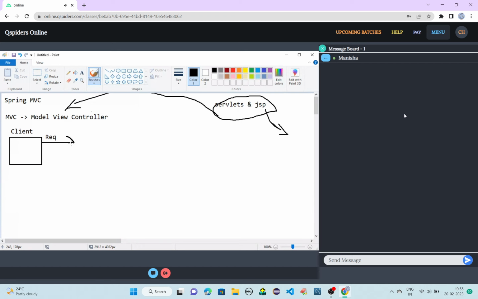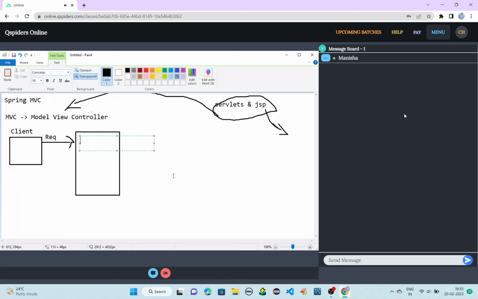Now this request will be taken by your controller. In Spring MVC, this is called the front controller, or it is also called the dispatcher servlet.